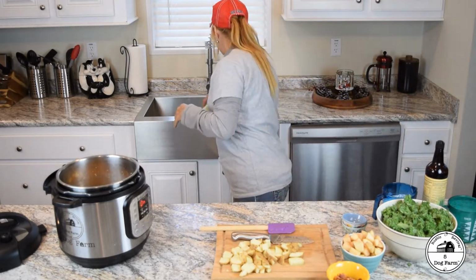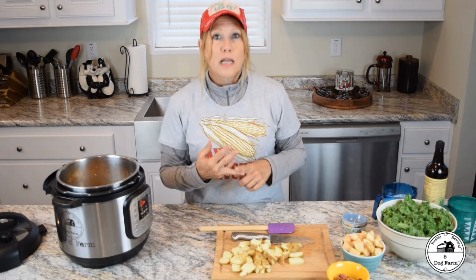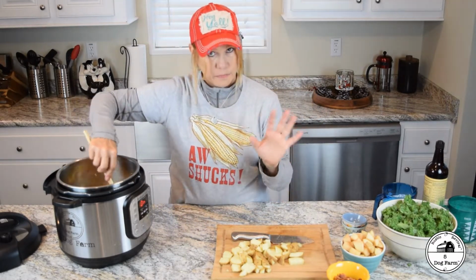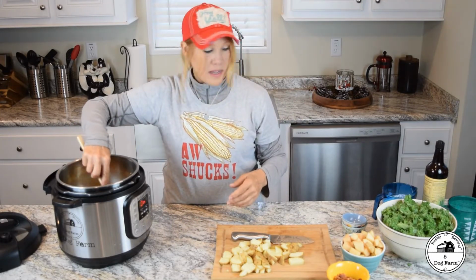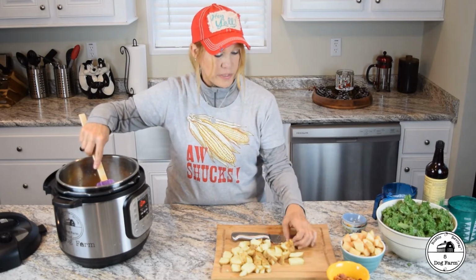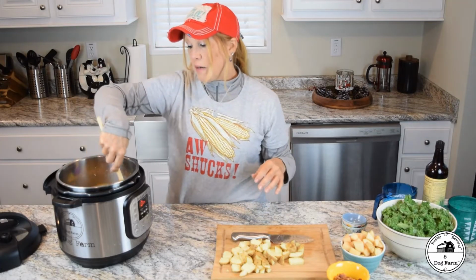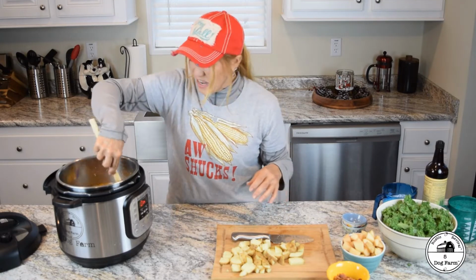ready and waiting. I throw all of my vegetable peelings, whether it's carrot peelings, celery, we peel our celery. We don't particularly care for the strings in celery, so if we're making stuffed celery with blue cheese or what have you, we'll peel that. That goes in the bag. The skin from the garlic, the skin from onions, I'd say the only skin we probably don't use is potato peelings, but any kind of vegetable that you might use, we throw that all in the bag, stick that in the freezer, and about the time I have a gallon-sized bag of peelings, I will whip up